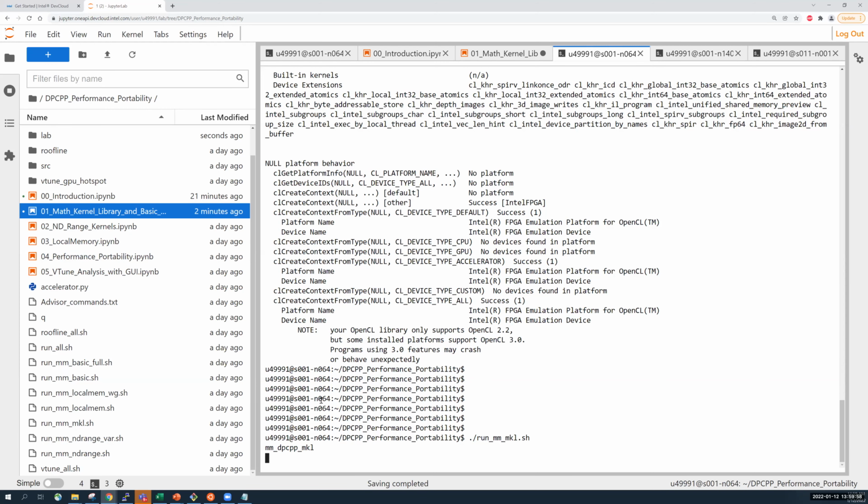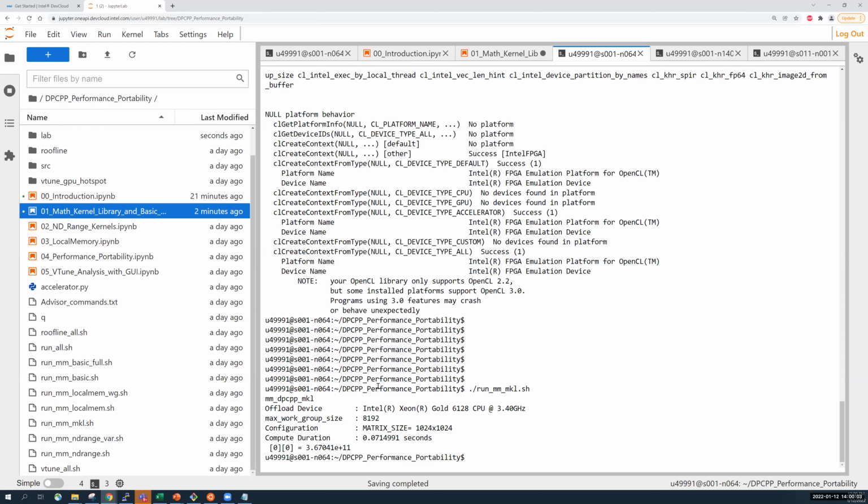So let's give it a few seconds. So here you should see results more instantly than in Jupyter Notebook, because in the other case it was submitting to a queue, which will take much longer. So here you can see that the program was